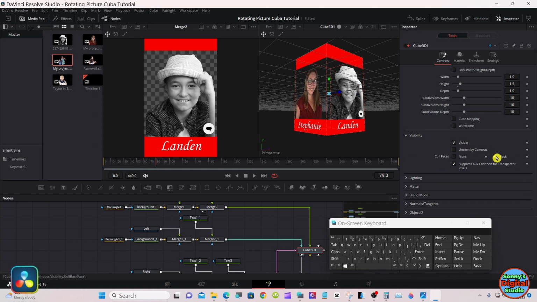Select the cube node and go up to the inspector under visibility and mark the back.